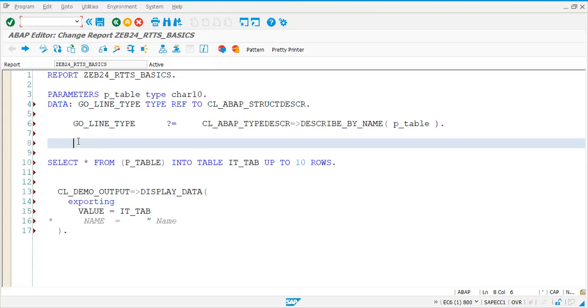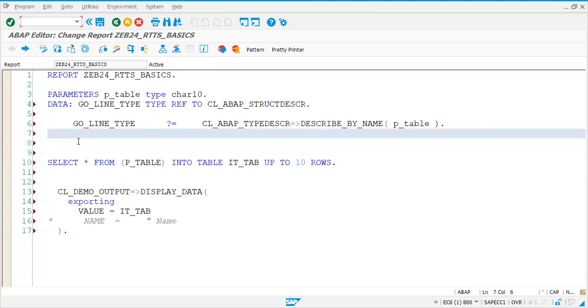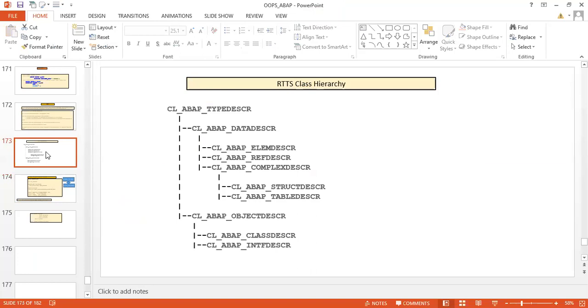So if you have the table type, you can easily create the internal table. So let's go and create the table type. go_table_type equals to, for this, you have another class here, cl_